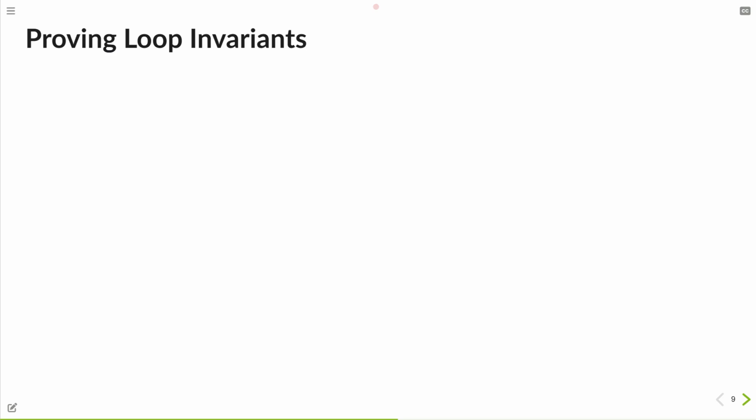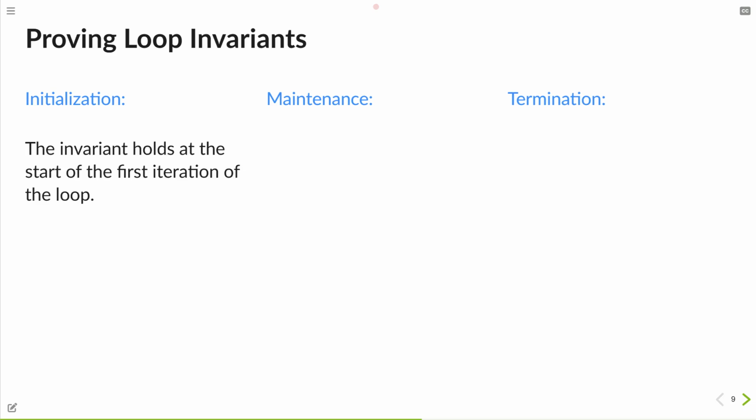A loop invariant proof always follows a specific structure, so it always has 3 components: initialization, maintenance, and termination. Initialization says the loop invariant should hold at the very beginning, so when I step into the loop for the first time, at the beginning of the first iteration, the loop invariant should hold.